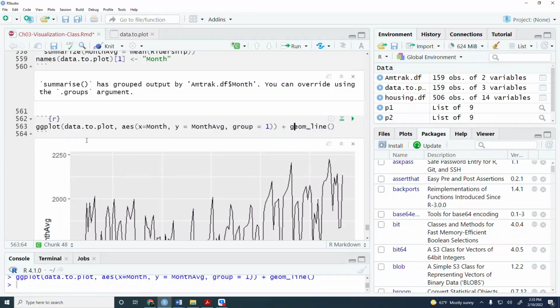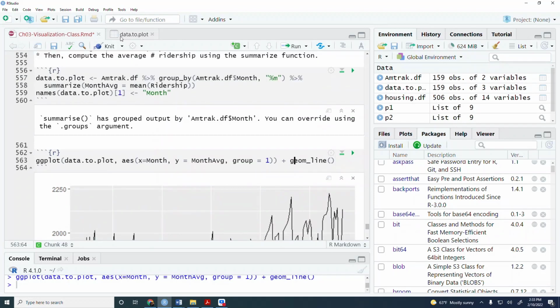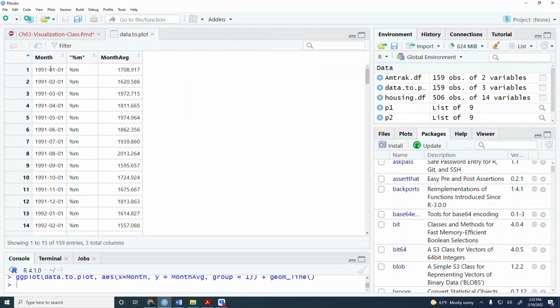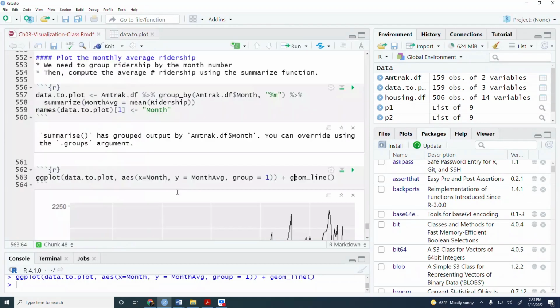That's not right. ggplot, data to plot. X equal to month, y equal to month average, group equal to 1, geom line. Okay, so there is, let's see if we add